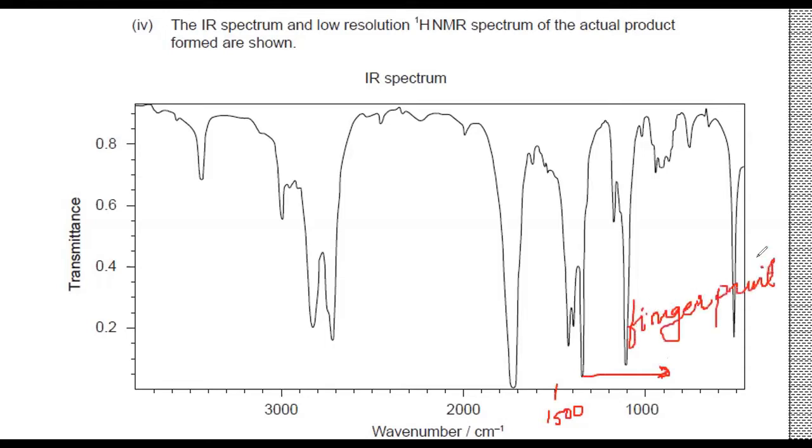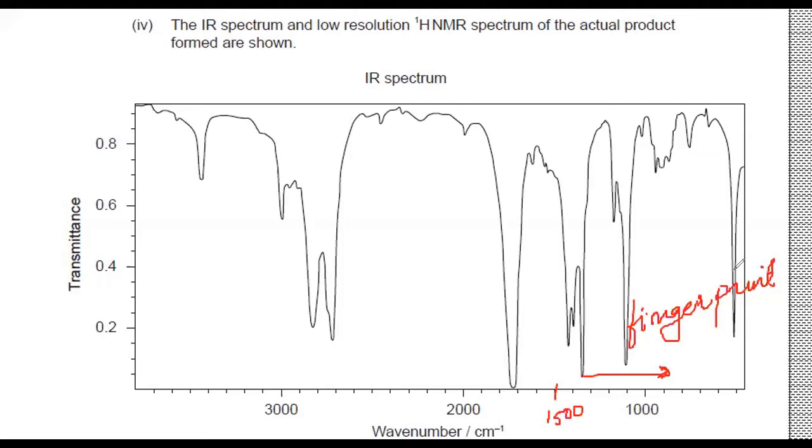Fingerprint region. Now, the uniqueness of this region is that just like each and every individual has a unique fingerprint for our palms, each and every individual has a unique fingerprint that would match with none others. Likewise, when we say that each and every molecule will have its own unique graph, the graph for one compound will never match with the graph for another compound, even if the functional groups remain the same.